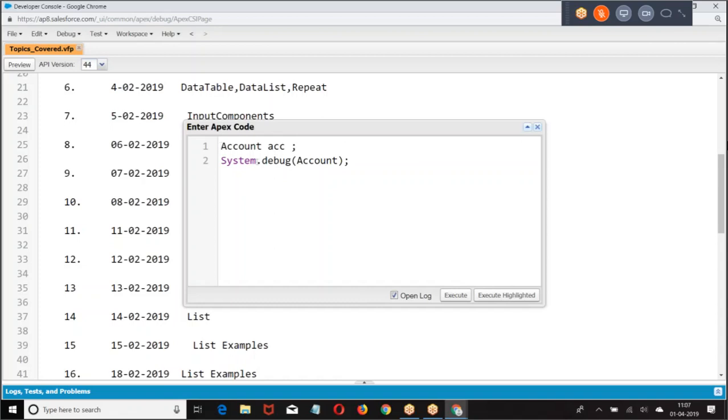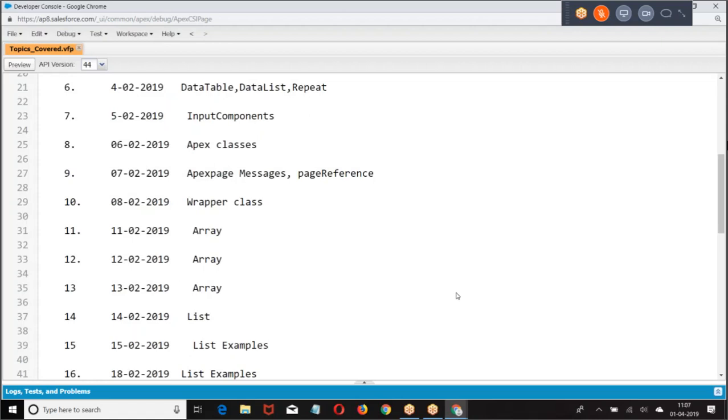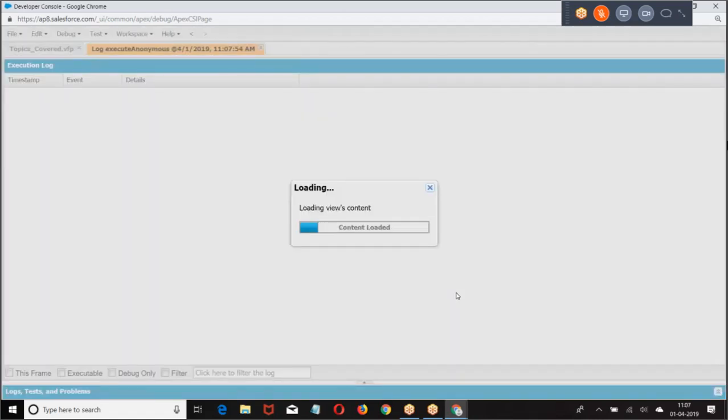Now, what type is acc? You have created a variable acc, and acc is referring to an sObject. I want to know which object it is referring to. So I do System.debug(acc). When I say acc, there is no error because acc is a variable.